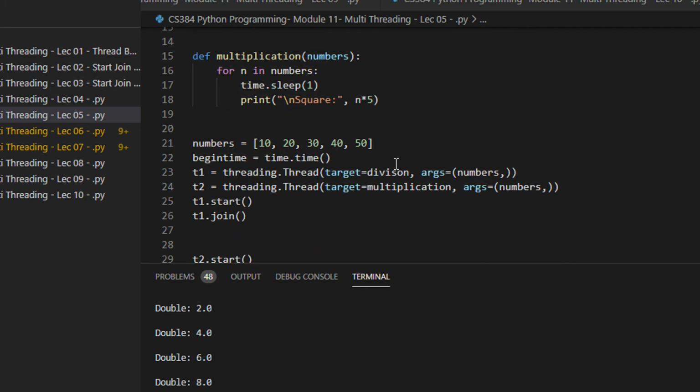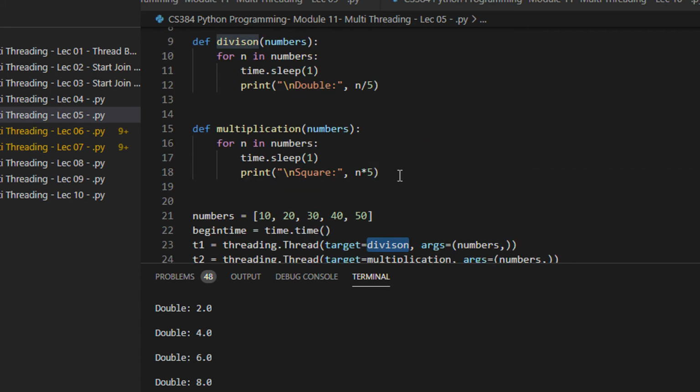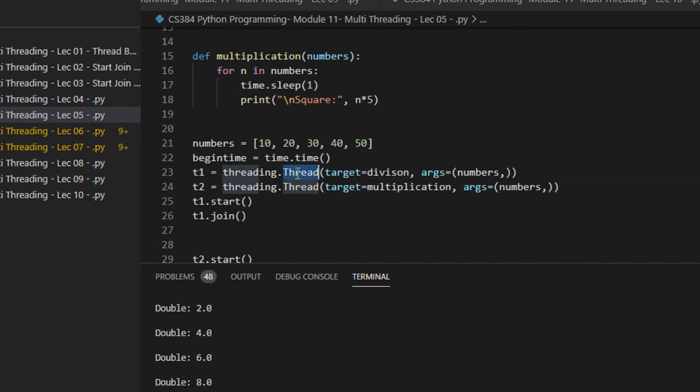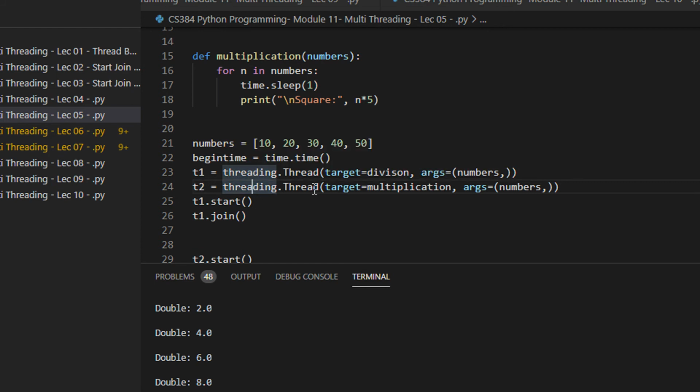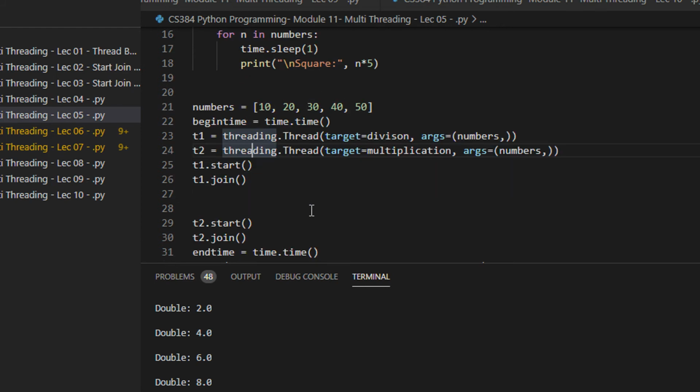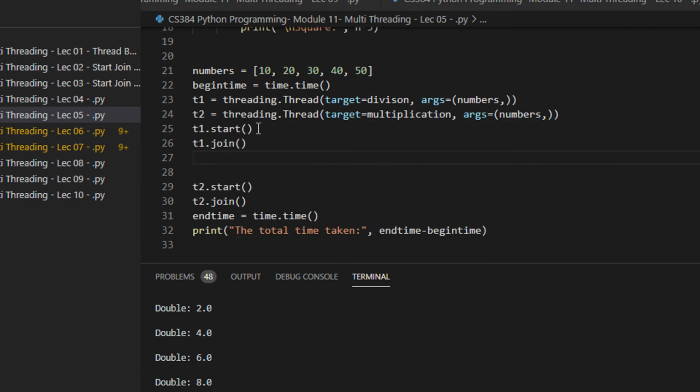So now you can see I am invoking the division function via the threading class, right? So Thread is the method here, and I'm passing my arguments, the same numbers. Similarly, I'm initializing another thread T2, fine. In T2 I am calling the multiplication function.